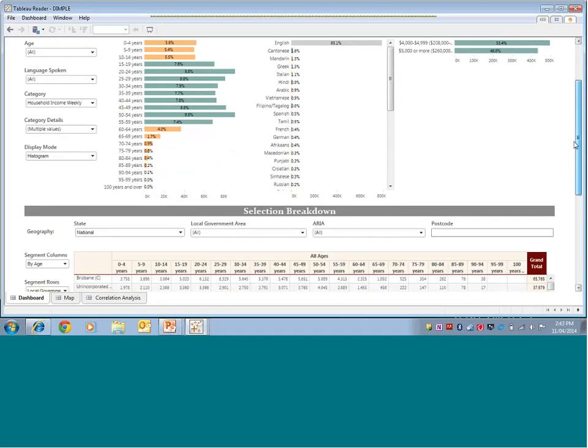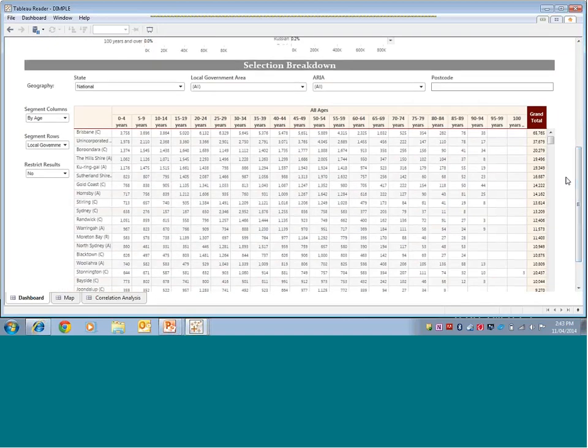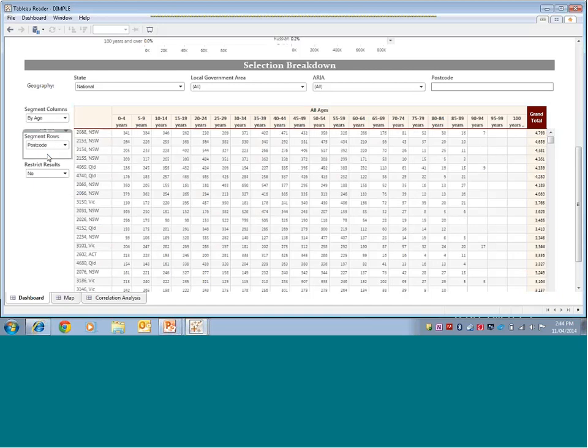For that subset of people, I can look at their information and see where they're located. So what we get here is a table that shows by local government area. It's showing me the number of people that are aged in that local government area. So in Brisbane, there are 3,758 children aged 0 to 4, and you can see the total population. I can look at that by postcode, and the numbers automatically change. Or I can look at that by many other geographic splits.